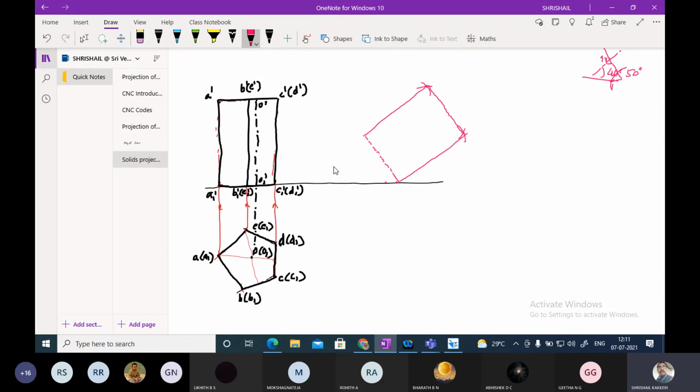Then take this length, mark here, that will be the axis line. It will not be exactly at the center, it will be somewhere. Okay, axis line can be extended. And again, this length you take, it will not be exactly at the midpoint, it will be somewhere. Okay, this also we have drawn.